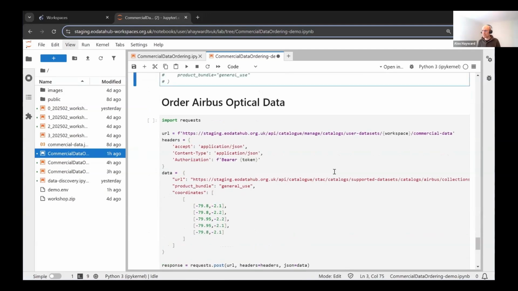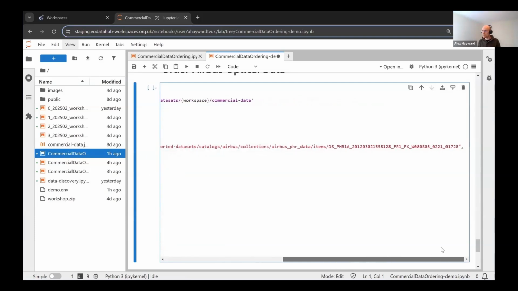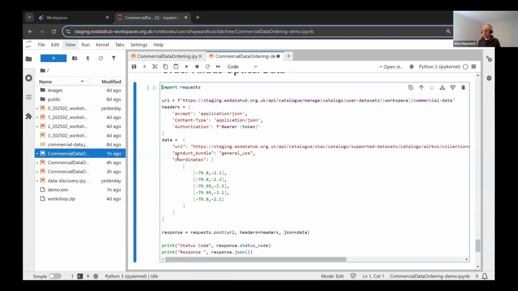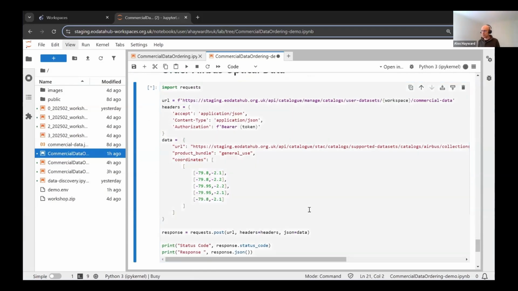Airbus optical data is, again, very similar. I'm submitting essentially the same kind of request with a different URL. This time it's pointing to an entry for one of the Airbus optical scenes. And then for optical data from Airbus, I can also specify an area that I'm interested in so that I don't have to pay for the full scene, which is quite large. And if I submit that,